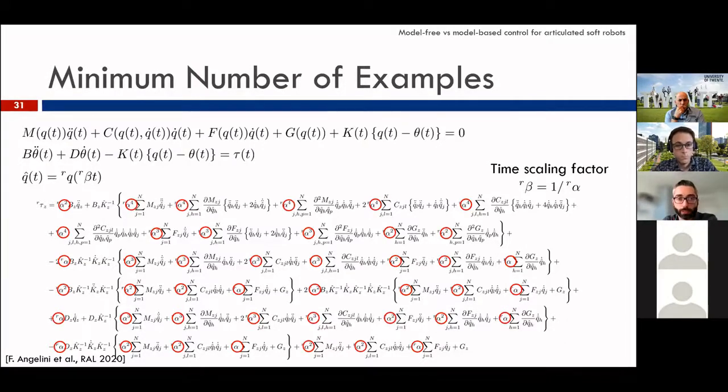So we remove the theta variable, and we have that differentiating the trajectory, the time scaling factor comes out from the derivative. It multiplies linearly the derivative. Since we need to differentiate 4 times the link position, we have this. I don't know if you can see my mouse. Yeah. And you have this term.